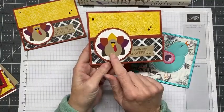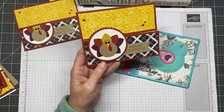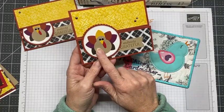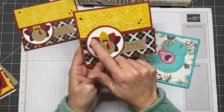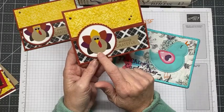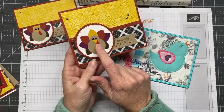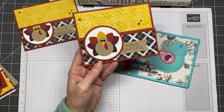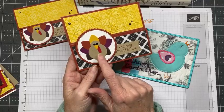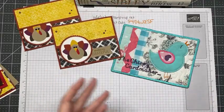So, yeah, and then we're going to do some punch art, and we're going to use the ladybug punch to make our turkey. Her feathers are from the wing portion of the punch. This is the body. I'm going to use the daisy punch. Does anybody know what this thing is called? I call it a gobbler. I'm not really sure what the technical term for this is, but I used a petal from the daisy punch to create the gobbler. And the product that I'm using,